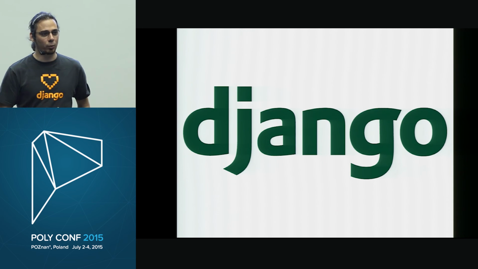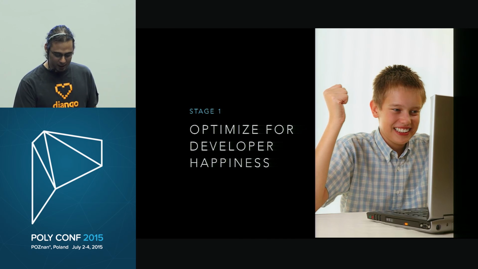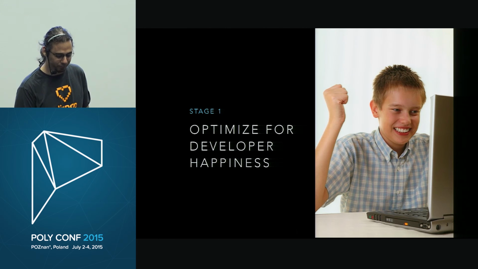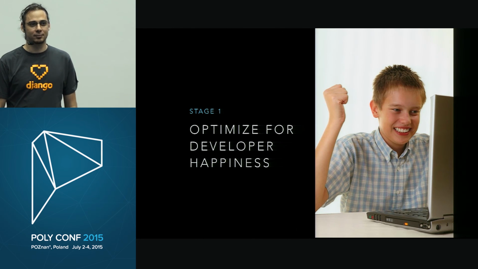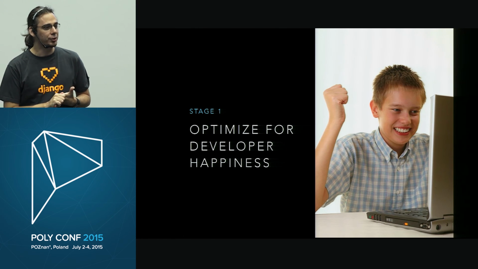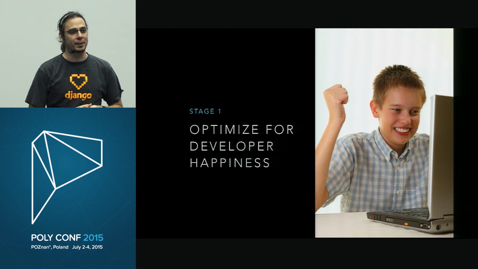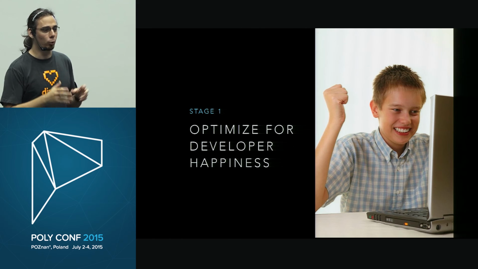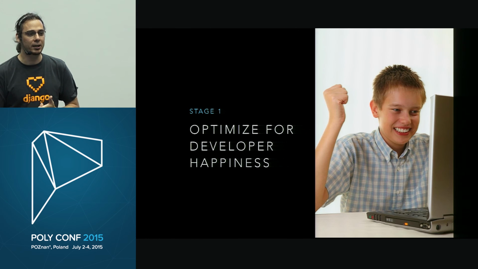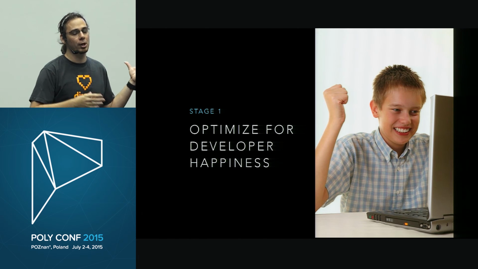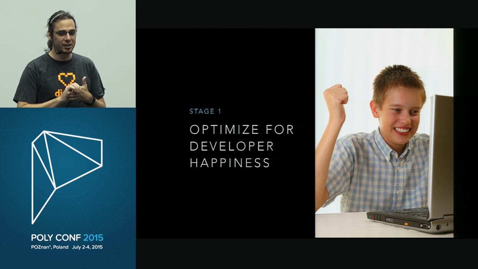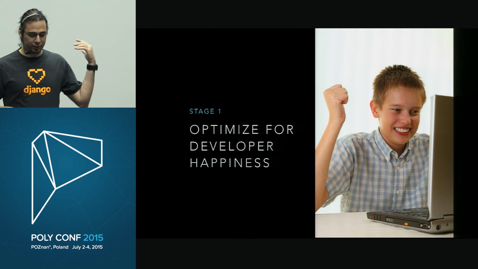So now let's start from the beginning. When I approach a new project nowadays, there are several stages that I go through and that the project goes through as well. The first stage is very simple, because simplicity is what it is: optimize for developer happiness. I don't care how big your project will be 2 years from now or 2 days from now. Right now, it's super simple. It should be super simple. And the people that you need to make happy are not your customers, are not your operations people. It's your developers. Everything needs to be easy. Everything needs to be easy to set up. So that's sort of the first thing.